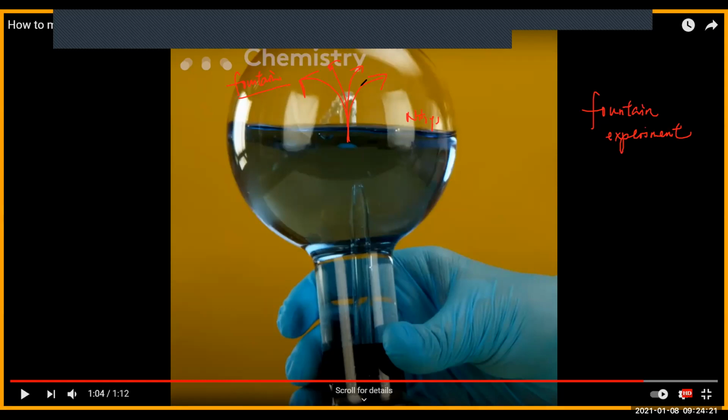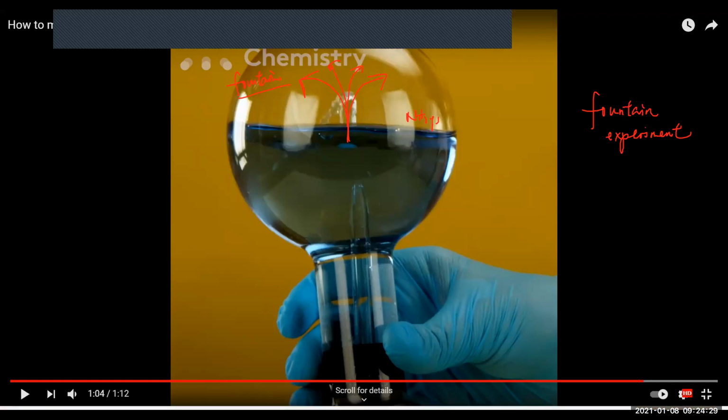Anyone who can help, or maybe you may find the mic is not working, you may use the chat box. Because the pressure inside the flask is higher than below. Inside flask the pressure is higher and below is lower. Usually pressure goes from where to where? Like wind, high pressure flows to low pressure. But here it is actually reversed. Okay, the flask inside is of low pressure, lower